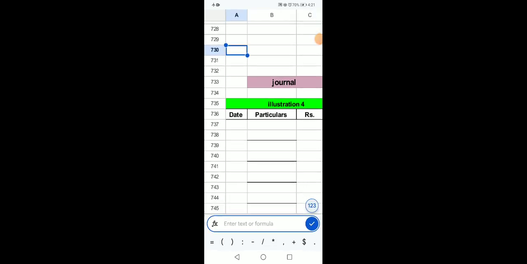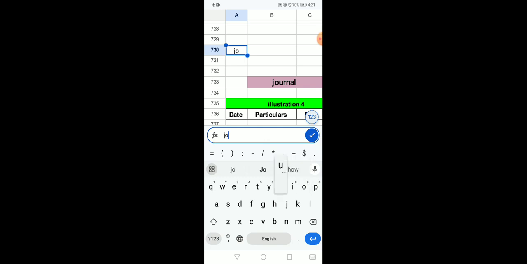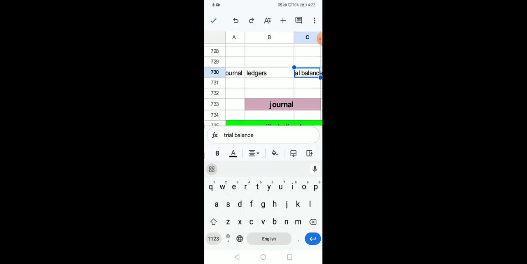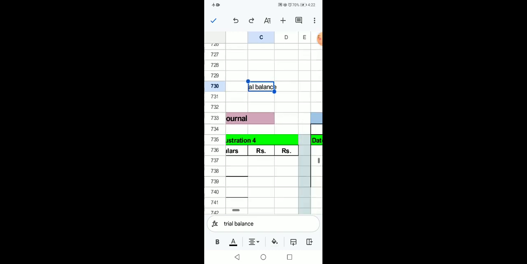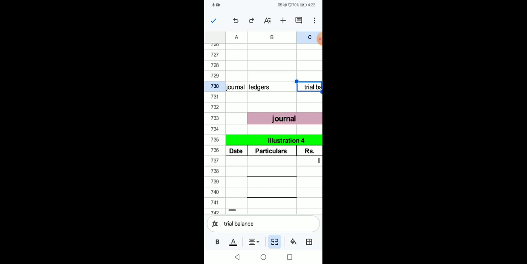So there are 4 basic targets of today's work. The very first thing you will do is convert that raw data into journal entries, and then you will convert those journal entries into ledgers, and the final step would be conversion of these ledgers into your trial balance. So here is our target which we would be completing: trial balance, third step, ledgers, and journal chapter has already